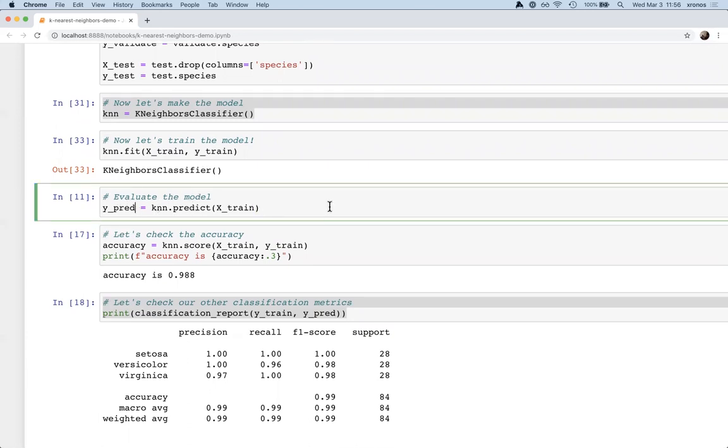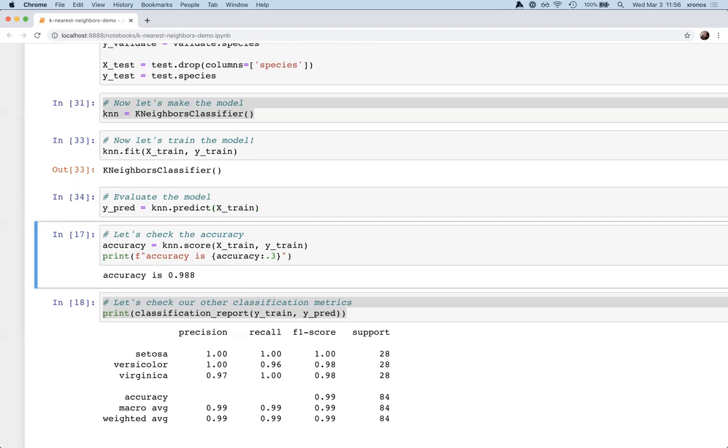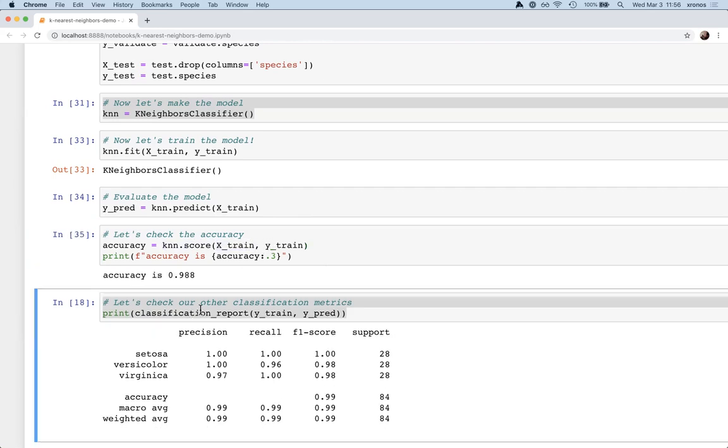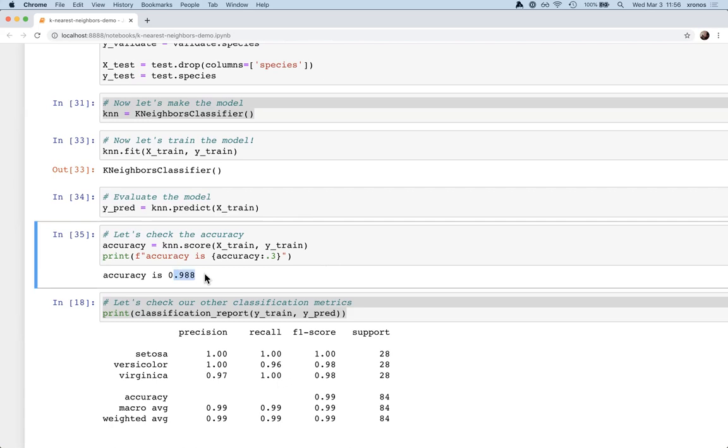So I'm going to make my predictions. I'm saying, hey, KNN model, make predictions based on X train. I'm going to hang on to those for the classification report. Accuracy is a little more direct. With accuracy, we can say, hey, KNN, give me the score, which is accuracy by default, of X train with the Y train labels. And it looks like our accuracy is really, really phenomenal for the training data set,